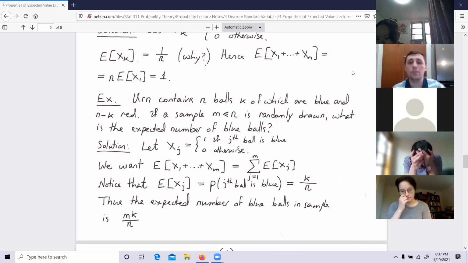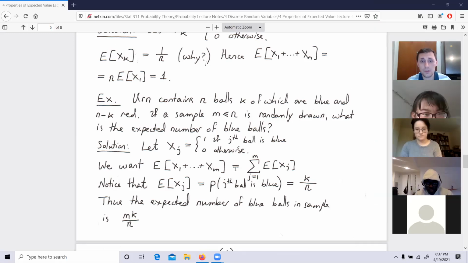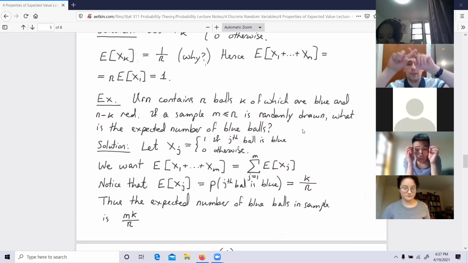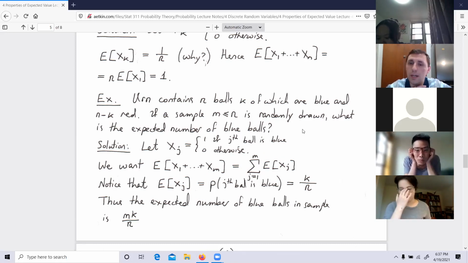The expected value of the sum is the sum of the expected values. And the expected value of an arbitrary ball xj. You see, guys, because there is randomness, naturally the results that came before will influence the likelihood of j being blue or not. But individually, if I ignore everything else, the j-th ball is equally likely to be any of the available n balls, right? So only k of them are blue and n in total. So k out of n is the probability of getting a blue ball on the